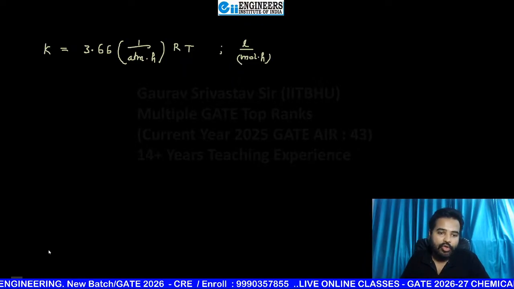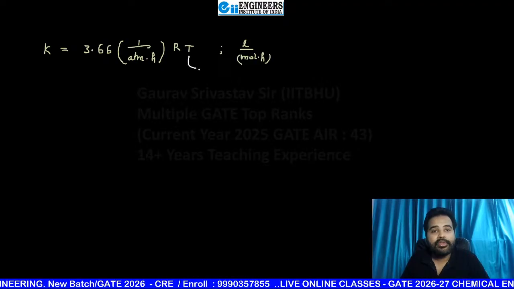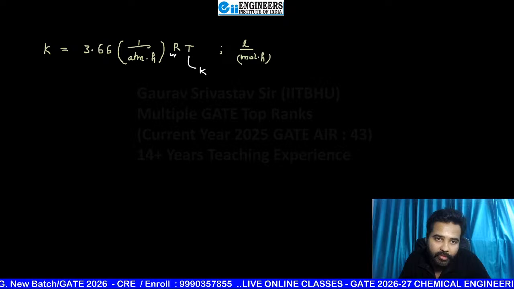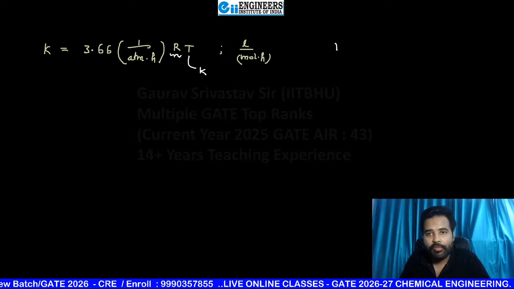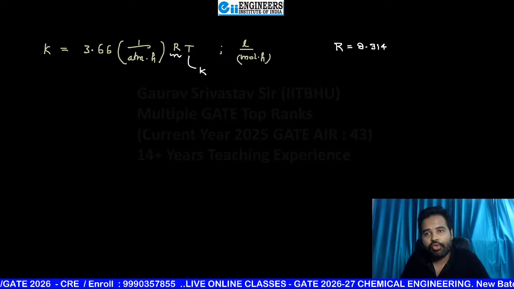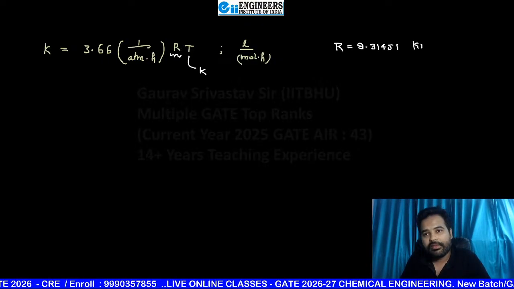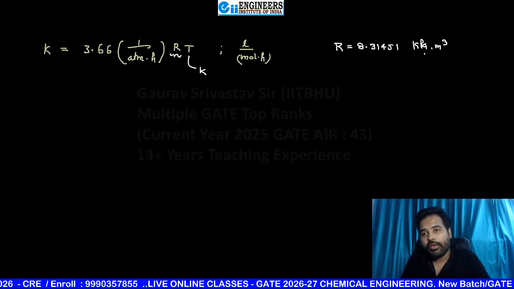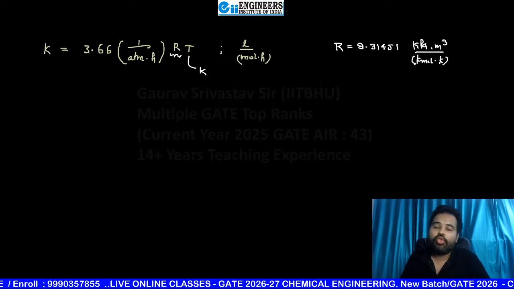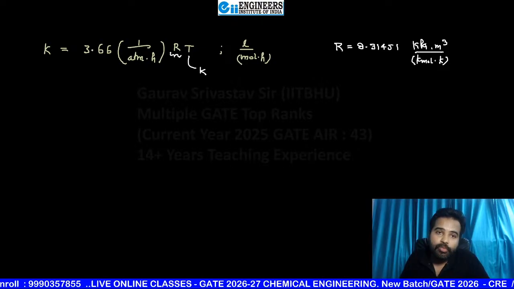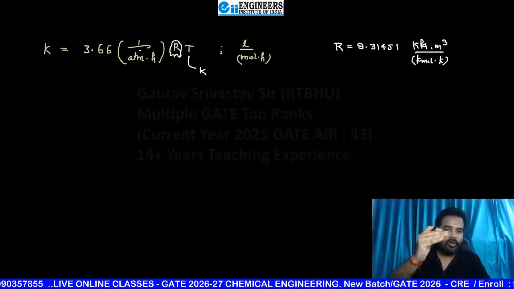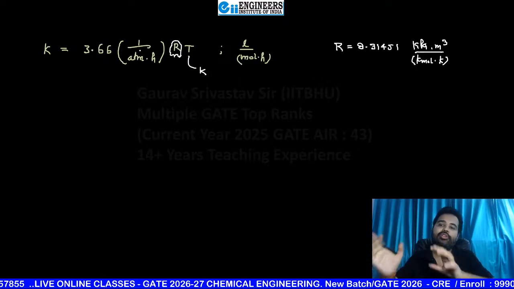Now the temperature will be in Kelvin. So now you have to check the value of R, the general value of R, which is 8.31451 kilopascal meter cube per kilomole per Kelvin. So in which unit are you going to put this R, so that after cutting 1 upon atm, 1 upon hour, into Kelvin into this R unit,